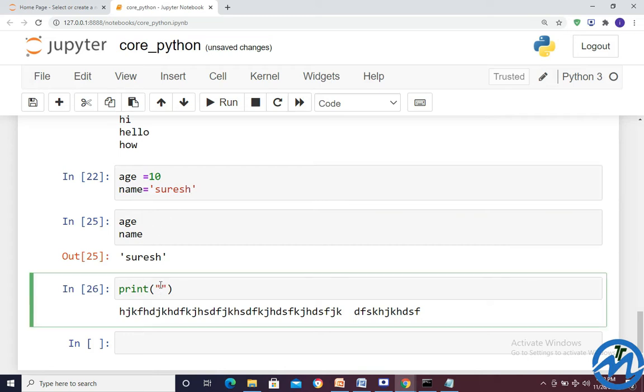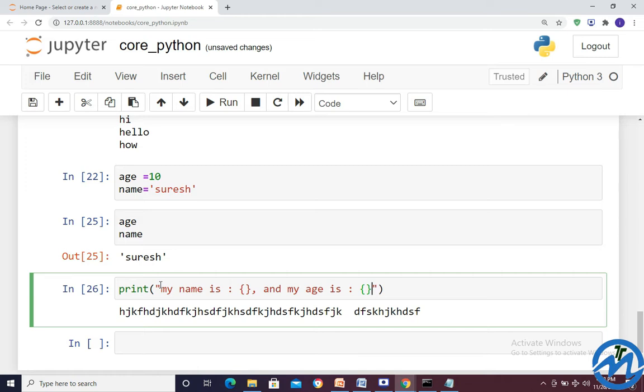I'll write print of my name is, and then curly braces, my name is, comma, and my age is.